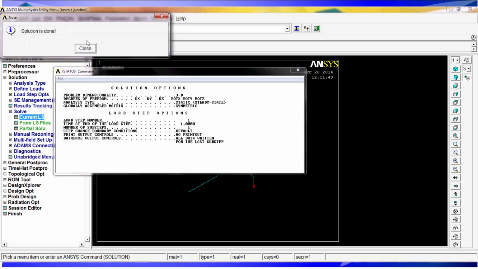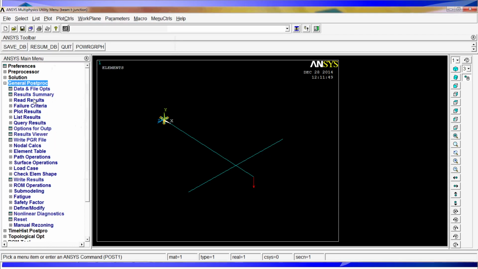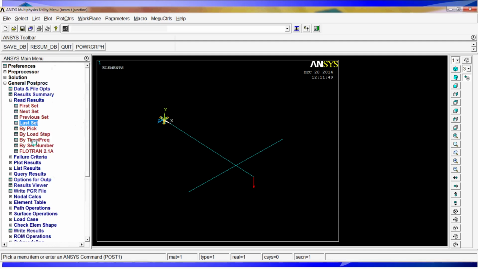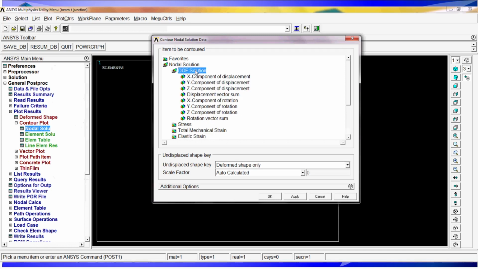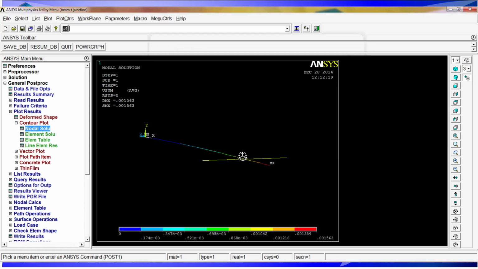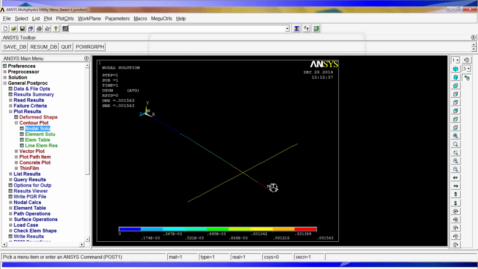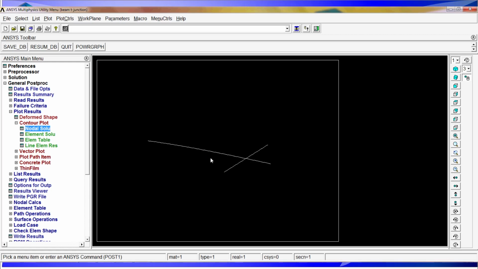It tells us that the solution is done. So what we have to do now is go to general post-processing, read results, last set, plot results, contour plot, nodal solution, degrees of freedom solution, displacements, vector sum. Hit OK. And as you can see, we have the displacement, the summation of displacement. The biggest displacement takes place at the end where the force was introduced, and the smallest displacement at the junction,